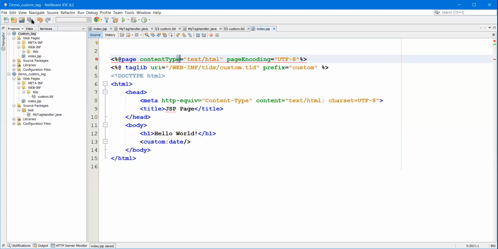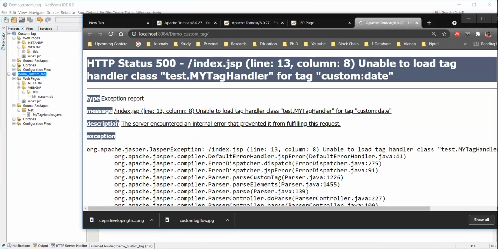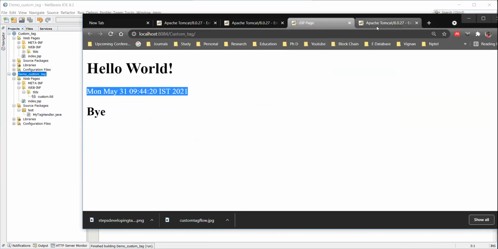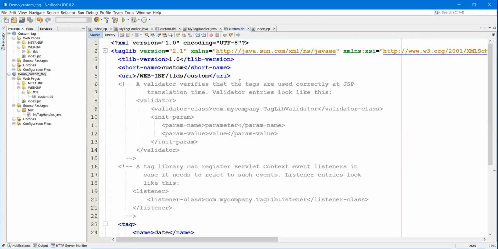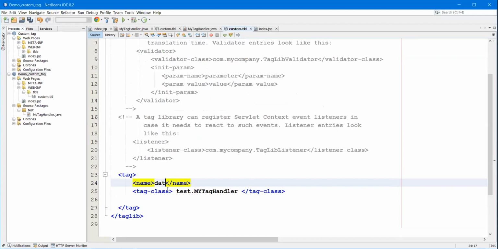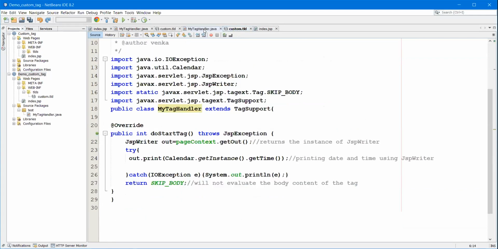Now wait, we'll see. One second. I will try to change the tag name.